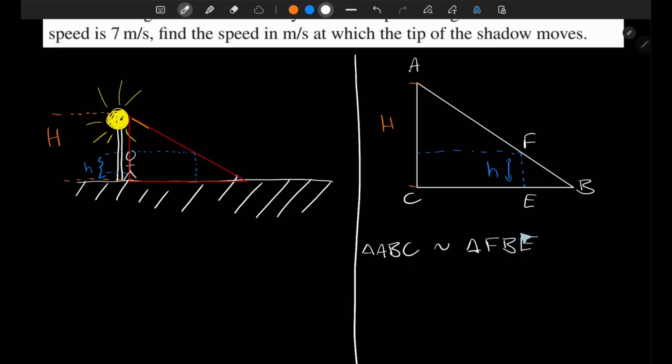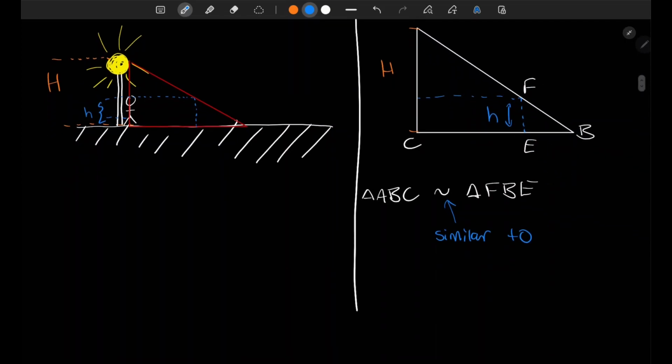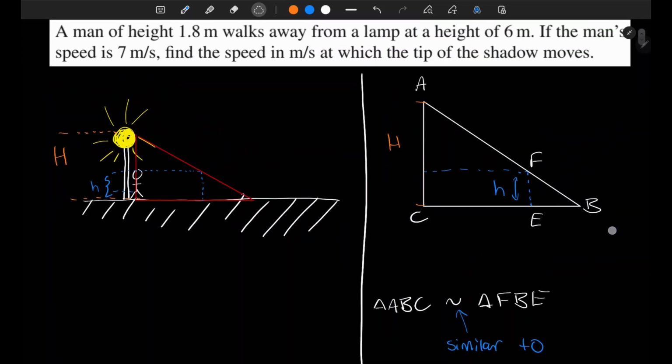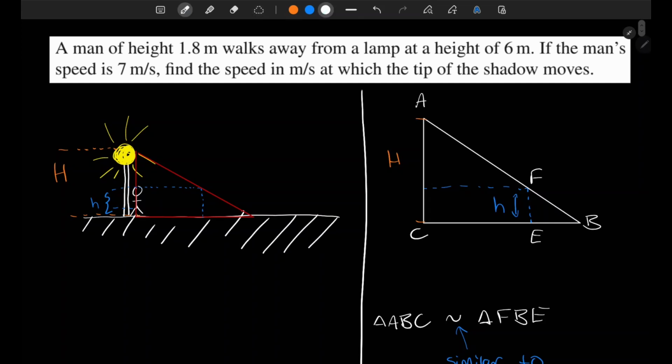These two triangles are in fact similar to each other. So this symbol here means similar to. This big triangle is similar to this one here. Okay, we'll talk more about what that means in a minute, but before we continue, we also know how fast